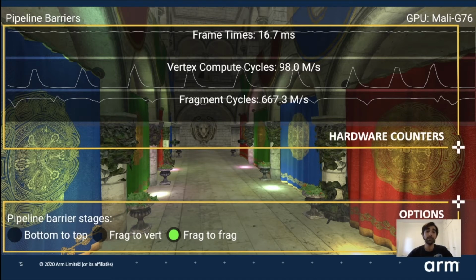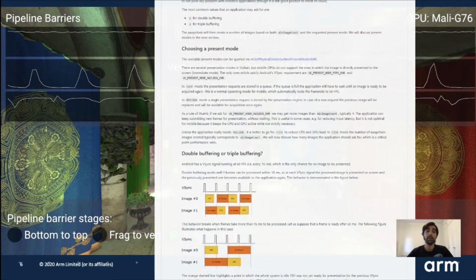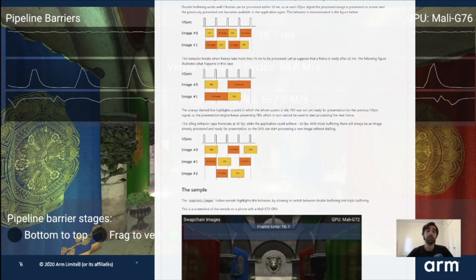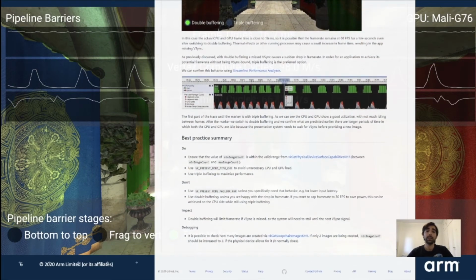And with that, every sample also has a tutorial. The tutorial will take you through the theory behind the sample, also through the different configurations that it offers, and at the end, a summary of the do's and don'ts from our guide, as well as some help in profiling the sample or your own application to look for this particular recommendation using the ecosystem tools.